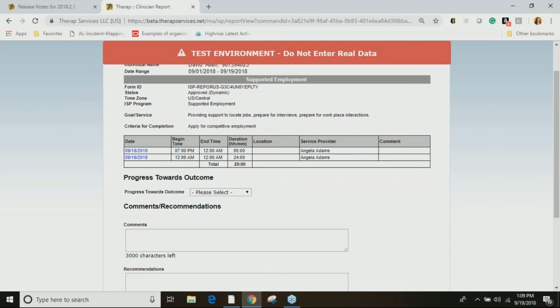If you did have an overnight shift, say your shift was 7 p.m. till 3 a.m., you would need to do the 7 to midnight and then the midnight to 3 on the second day. So not changing that. But again, this is really big for certain states, so that they're going to capture that last minute and not lose any billing.